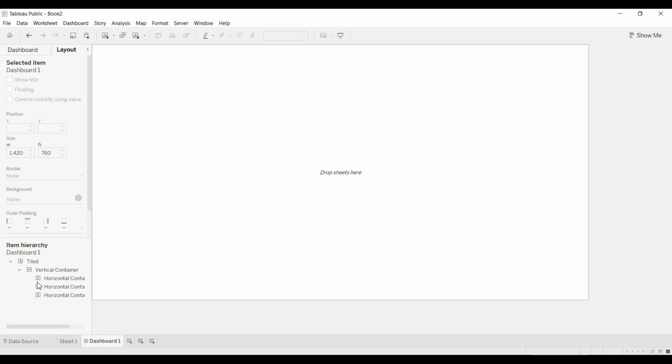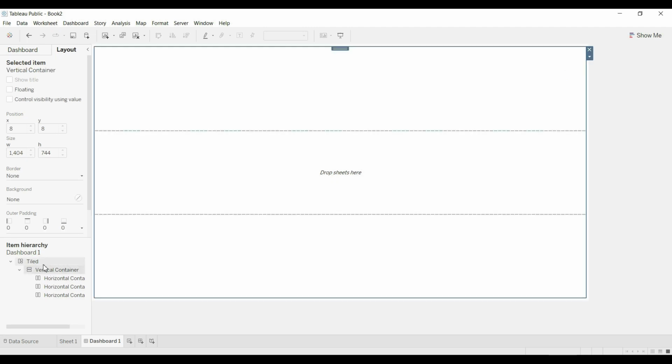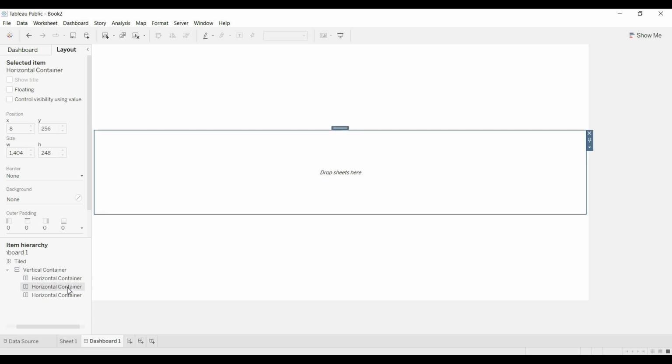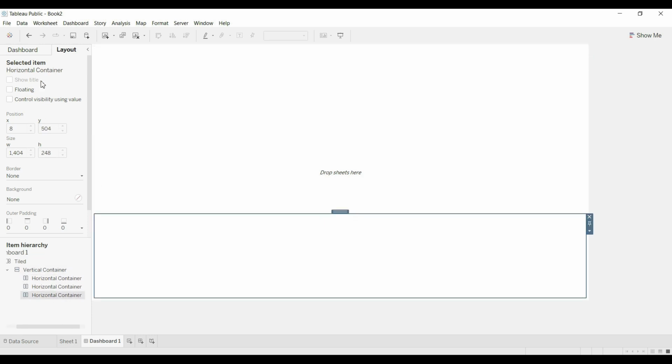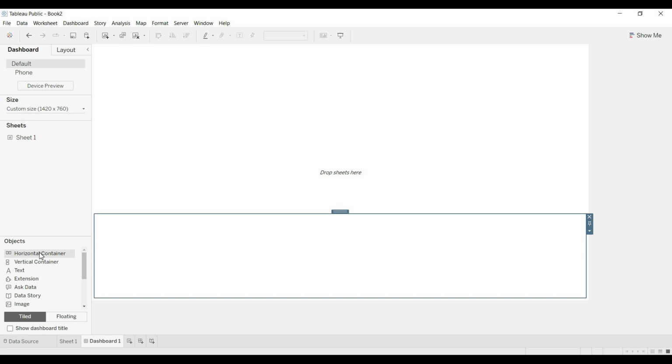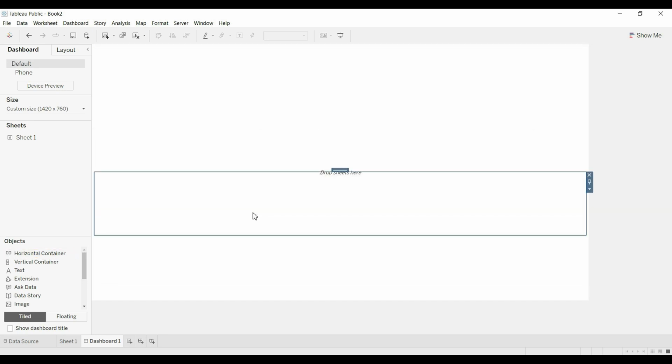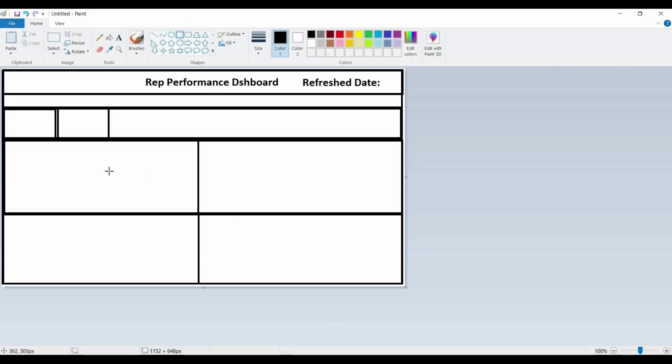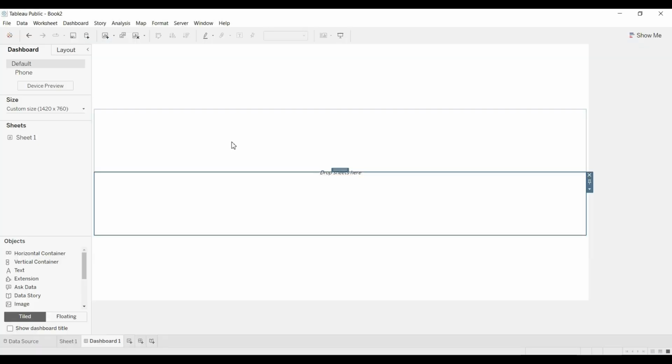Now if we go to the layout, we can see we have one vertical container. We have not used a vertical container; we used a horizontal container in the first place, but we added objects vertically, so it changed to a vertical container. Now we have 3 horizontal containers here, right? And we wanted around 5 horizontal containers, or we can say 4, because for the bottom section I want one container, and in that container I will have 2 vertical containers. Okay, let me show you.